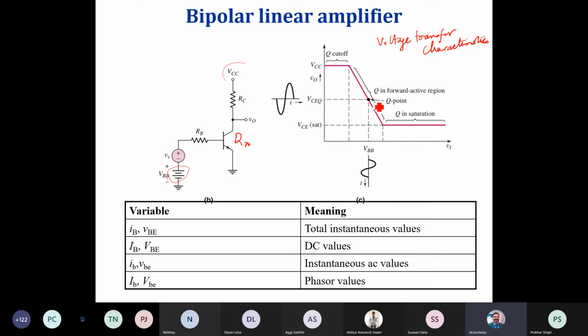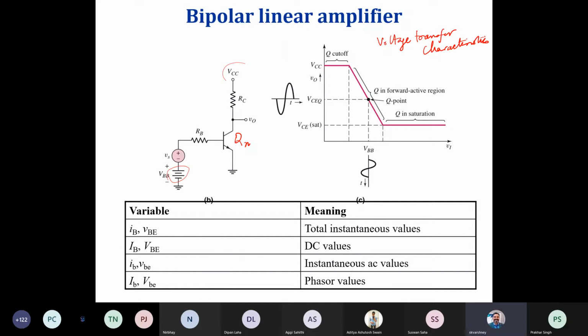We generally look for the transistor to be biased, with the Q point somewhere in the middle of the load line, so that you get proper amplification. So whenever we put in an input signal, this is what you see as the output. There is a certain kind of notation that we are going to adopt.